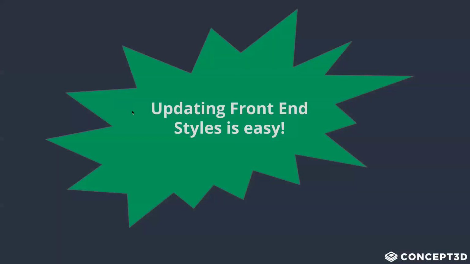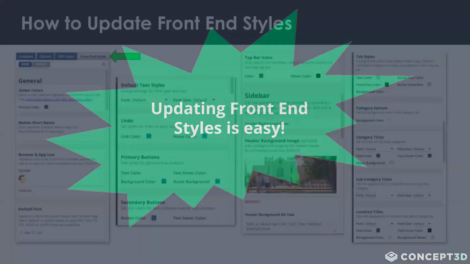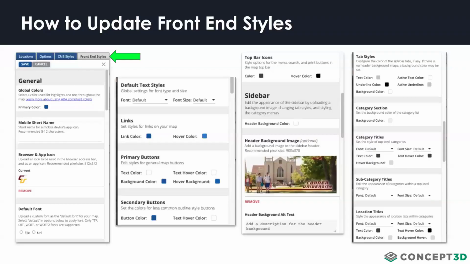But our next tip is that updating your front-end styles of your map is very easy. And we make it very simple to find with its own tab right at the top of the CMS homepage. And from there, you're going to find all of the options to edit the front-end map styles right here in this panel. You'll see WYSIWYG options for a lot of items, such as colors, icons, fonts, button colors, link colors,